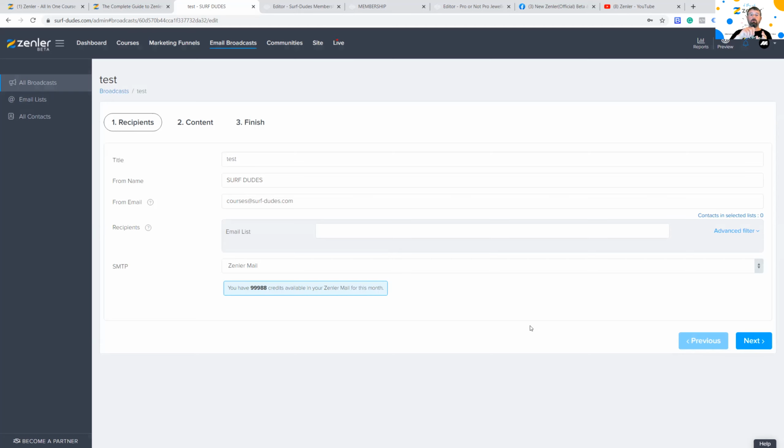Now, also in that integration SMTP area, when you open the box up, it says, do you want to use SMTP by default? And there's a little checkbox. So if you're not sure, and you want automations to run using Zenler Mail, just uncheck that box. It's all shown in the video, but yeah, it's a good one, that.